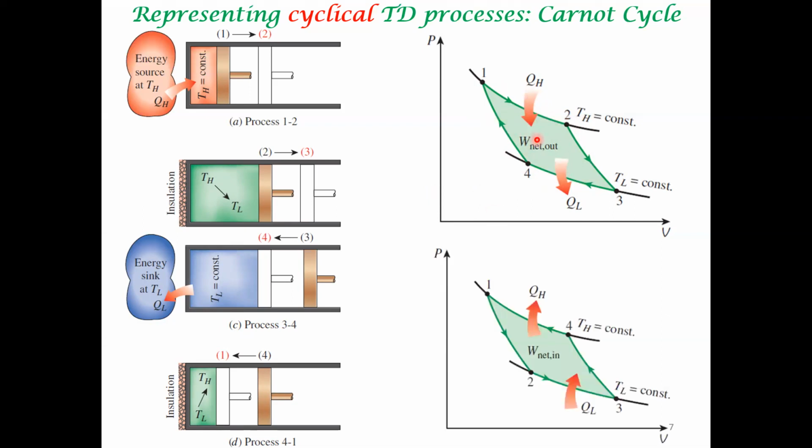This is the net amount of work that you get by operating this reversible heat engine. You can also operate this in reverse and have a reversible refrigerator. This refrigerator takes up heat from a low temperature reservoir and transfers heat to the high temperature reservoir with some work input. Every step is reversible. Here the arrow goes from 1 to 2; in the refrigerator the arrow is in the opposite direction, 4 to 1, and so on. Every process of the heat engine is reversed, and you have a reversible refrigerator.